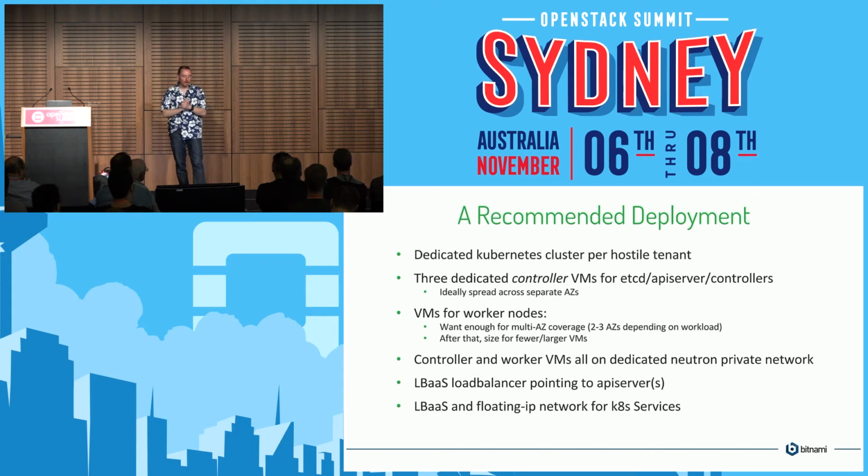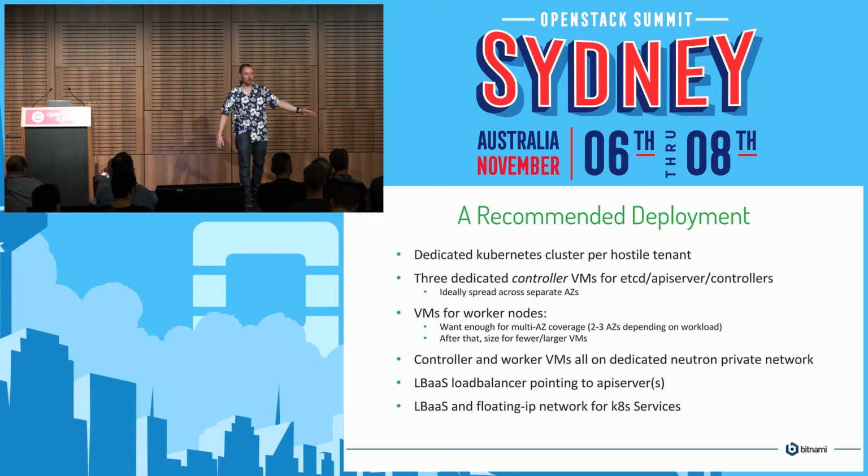And then you want an LBaaS load balancer pointing to the API server. This is kind of used to bootstrap the whole system. All the kubelets need to know, how do I talk to the API server? So they all have the address of the API server on the command line, effectively. So they need to have a known point where those kubelets can connect so that they can talk to the API server, so that they can then discover everything else. So the easy way to do that, if you're on OpenStack, is just configure an LBaaS load balancer manually for that purpose.